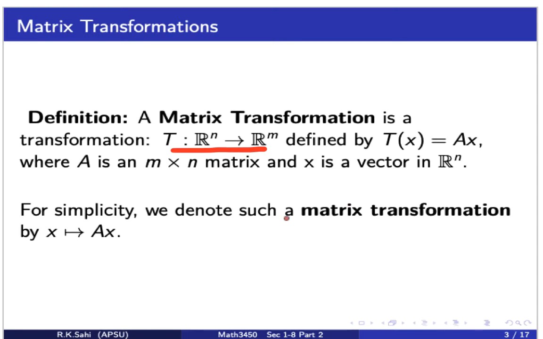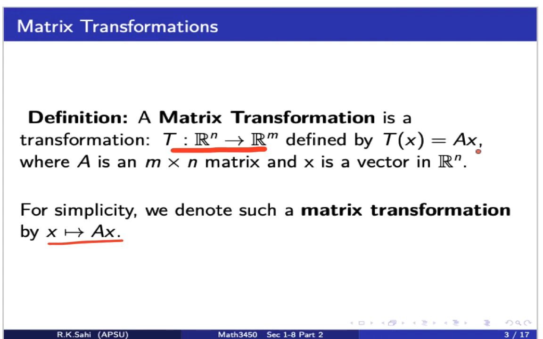For simplicity, we denote a transformation which was developed by using this matrix product by this notation: x goes to Ax. It's a transformation, but the transformation was brought about by multiplication of a